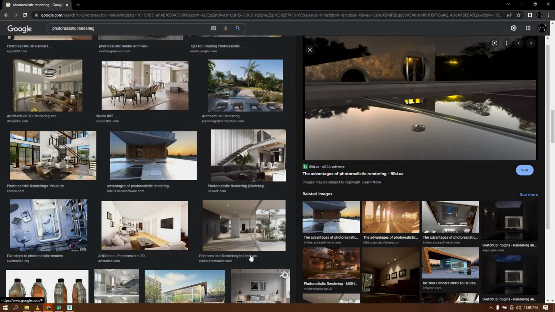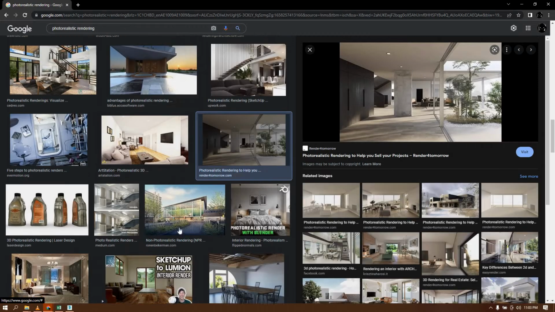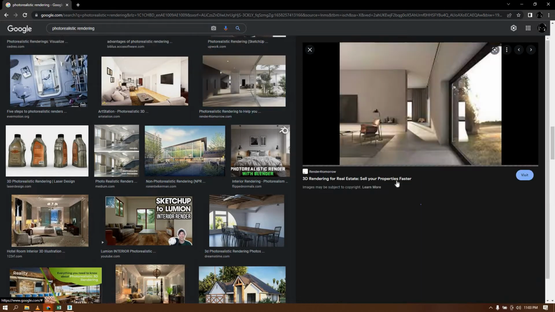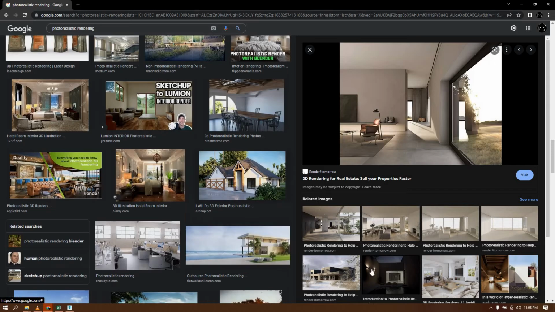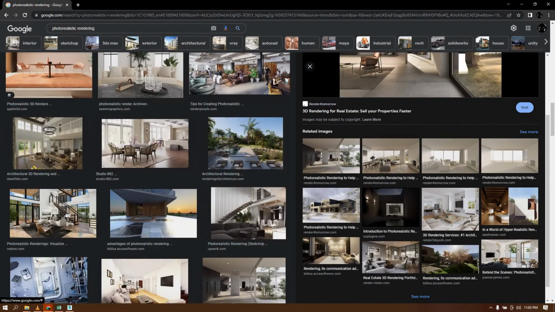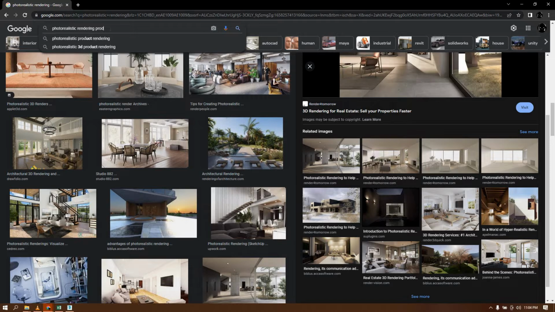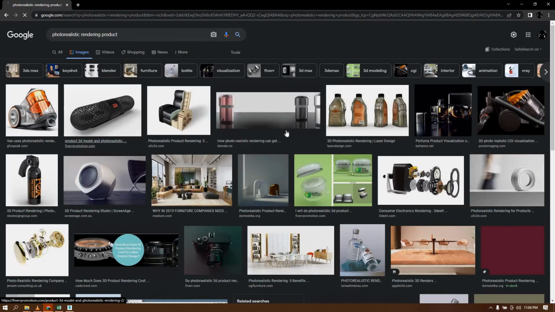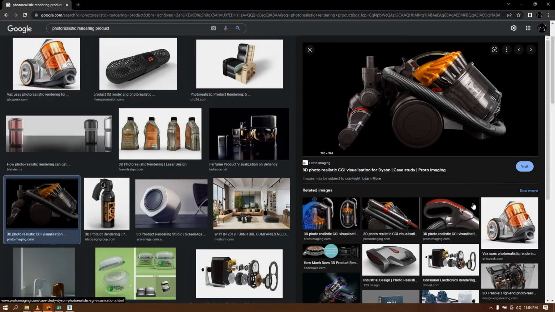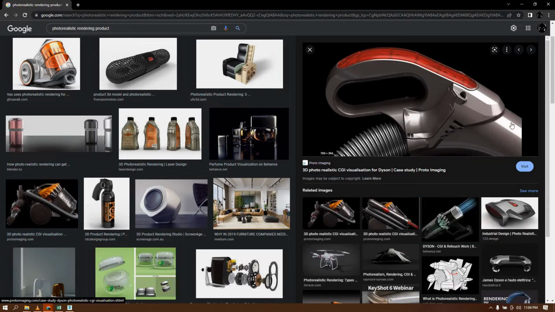There's actually a lot of explanation to do, but let's just dive into something as small as a product render. This is faster for you guys to see. So for example, for products like this,